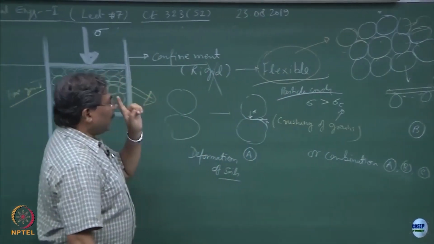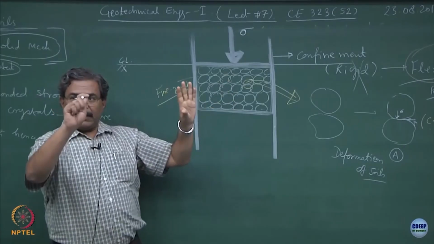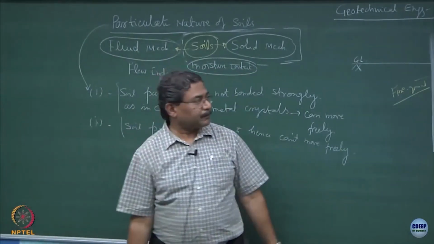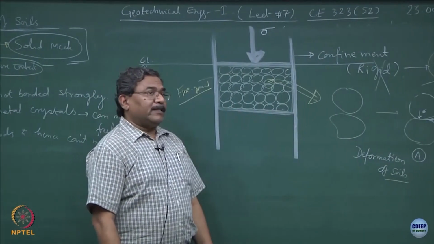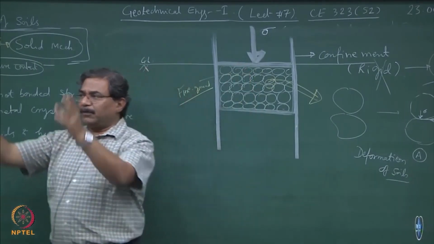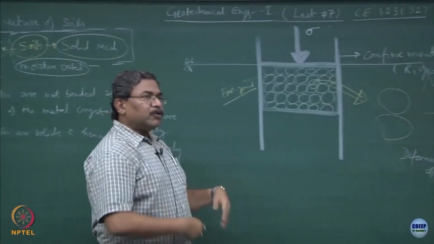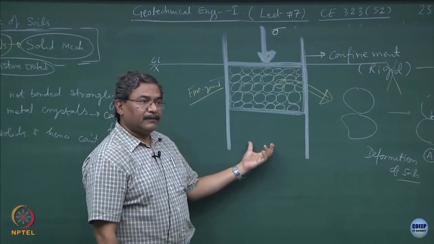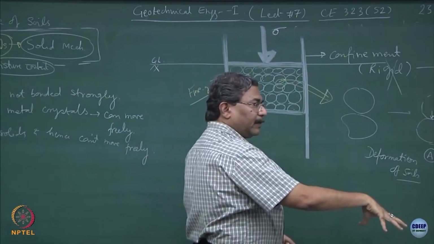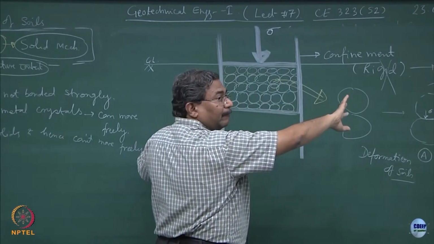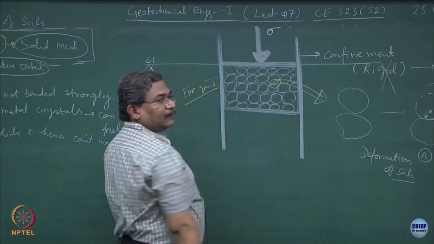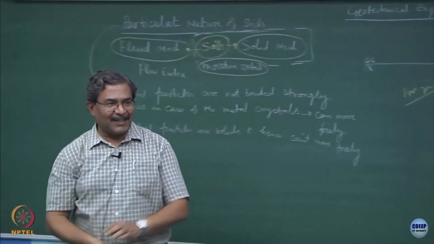So what I have done? I have done two idealizations. First is the material, granular material encased in a rigid box, the boundaries are not going to deform. When you make wells, foundation wells for very important bridges like Brahmaputra Valley, there are so many bridges which are being done. Most of the wells are being done by this concept. What I have to do? I have to create a confinement deep inside the river bed, insert something so that the soil does not deflect, move out of the control volume, and lay the foundation on the top of this. You are happy now? The foundations are coming in picture.